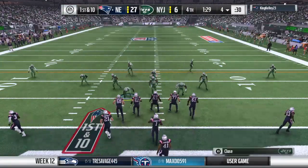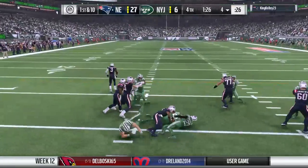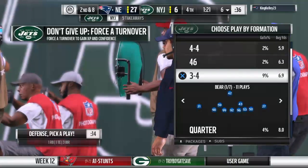They come into enemy territory, and I don't care what the matchup is in the National Football League. You're up like this late in the game on the road. This feels pretty good. Oh, it feels fantastic. Anytime you get a road victory in the NFL, that's a big-time accomplishment, and to do it this convincingly,